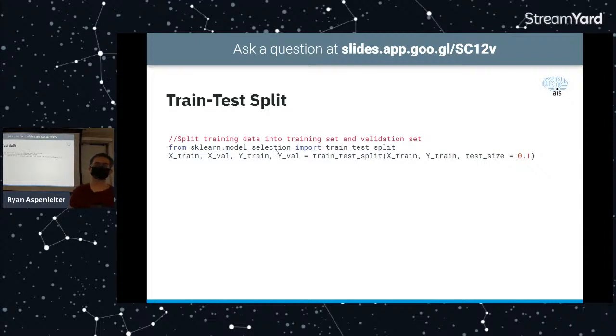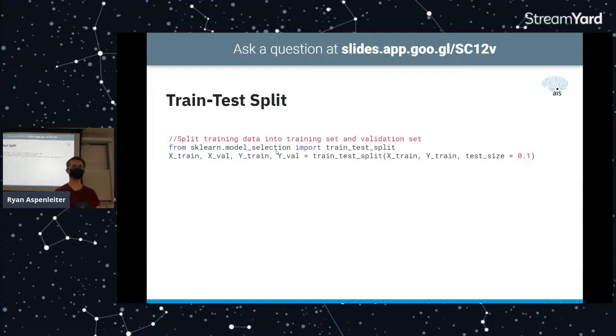So I guess from there we have a train test split. We have a training set, which is basically everything that we got that also has a correct answer associated with it.